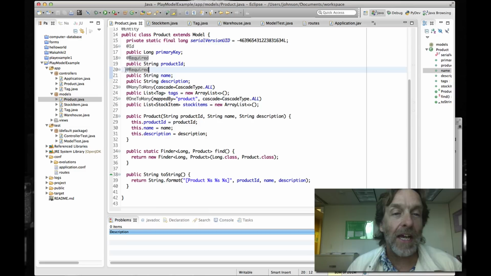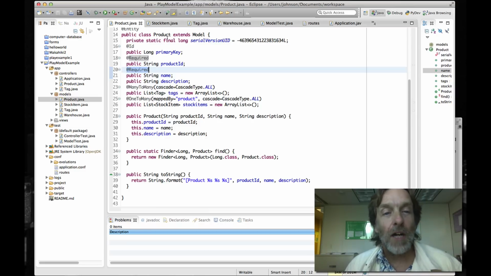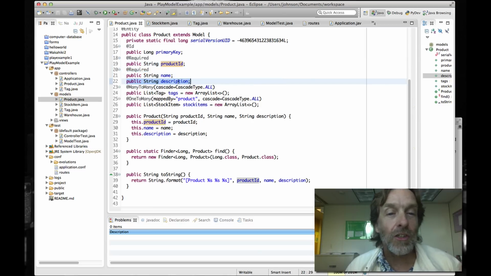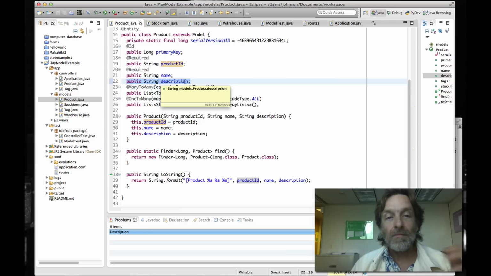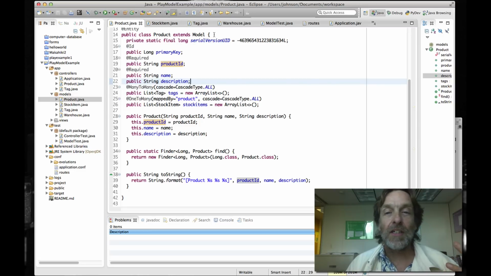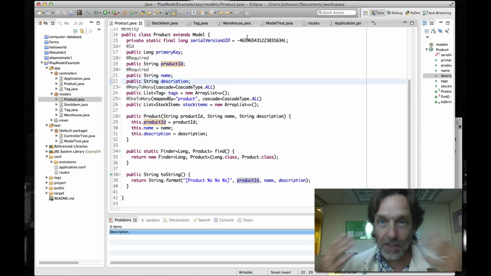Similarly, we're saying that a valid product entity has to have a non-null name field. We're not providing any annotations or validation constraints for the description field, so I guess description can be anything. So that's another key part of this. We now have annotations, and this is kind of a confusing thing, but you've got to understand that